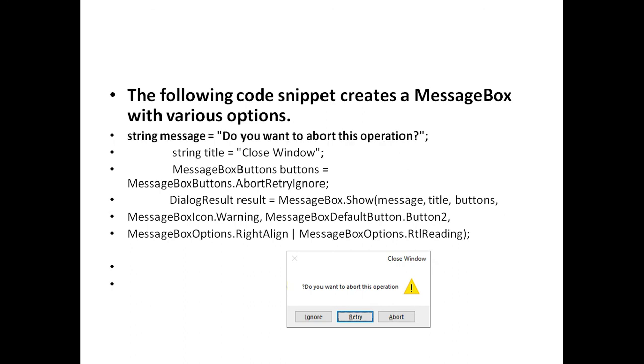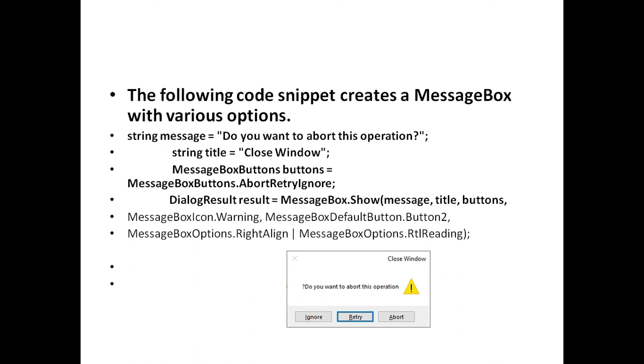First we will define a message, then we will create a title, we will create buttons with Abort, Retry and Ignore, and in result we will call the MessageBox.Show method with message, title, buttons, warning icon. We will set the default button to Button2.